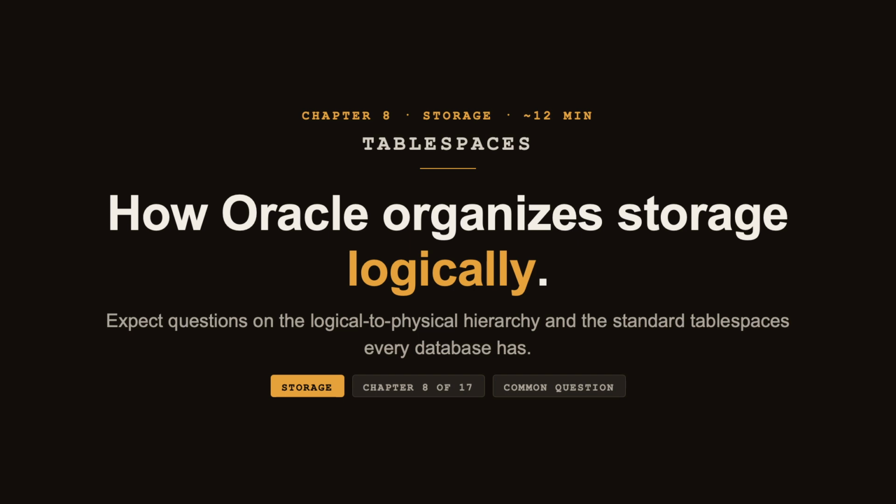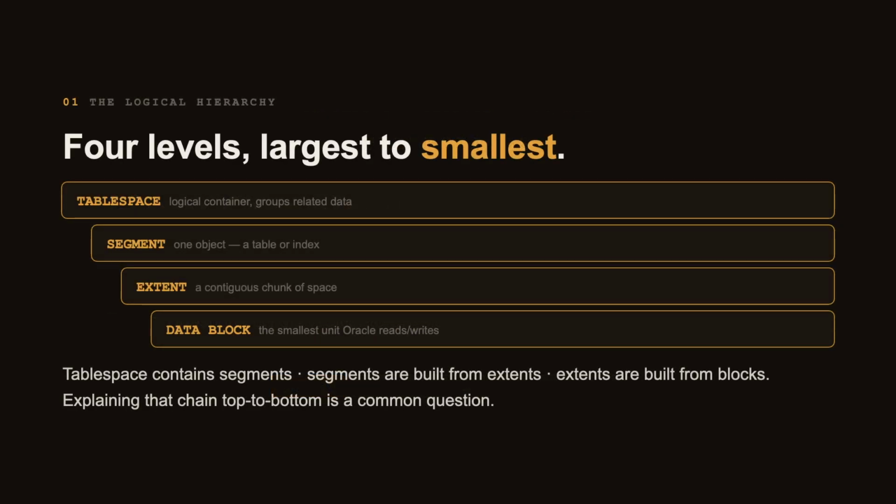So let's build the hierarchy from the top down, connect it to the physical files, and then tour the tablespaces you'll find in every single Oracle database. Oracle separates logical storage, how you in the database think about space, from physical storage, which is the files from Chapter 7. The logical hierarchy has 4 levels, and being able to explain them from largest to smallest is a